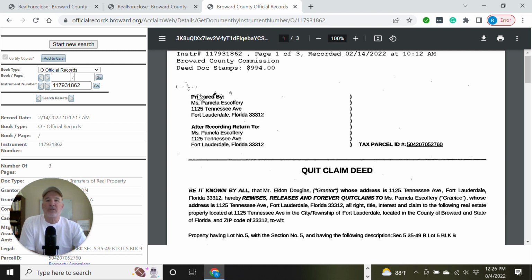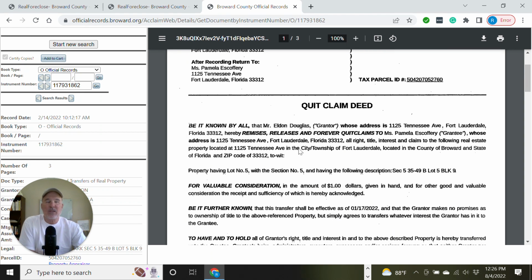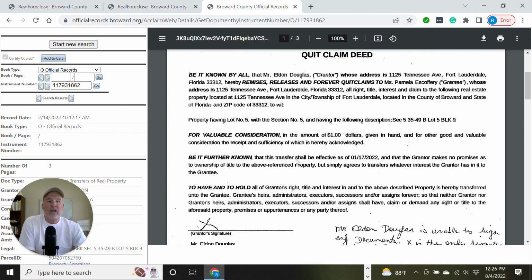One little clue is that the prepared by and after recording returned to is to an investor. We know that that person's an investor because they prepared their own deed and they're going to record it once it's put together. There's no attorneys involved. So in order to do this, you have to have some knowledge about deeds and things of that nature, and that comes naturally as being an investor. So we scroll down. It's a standard